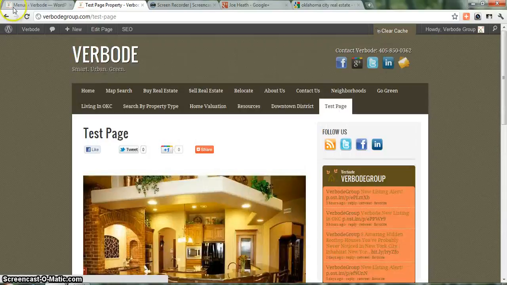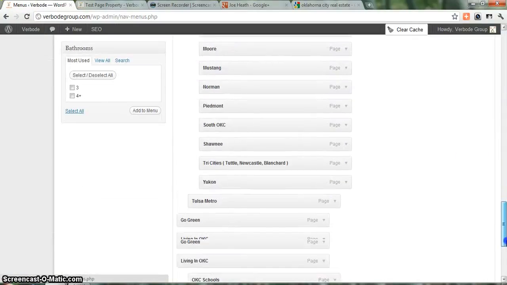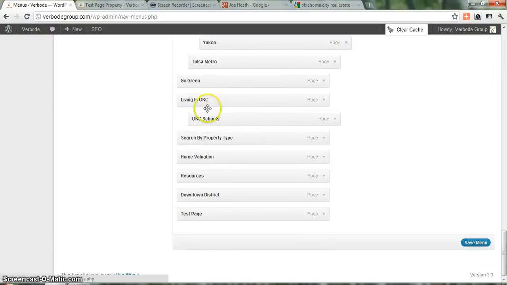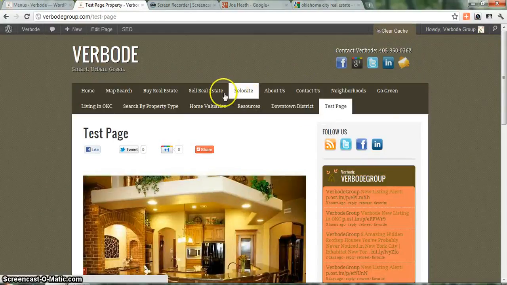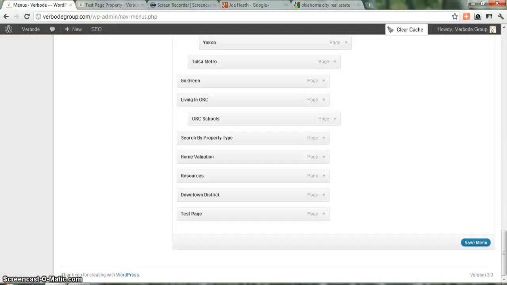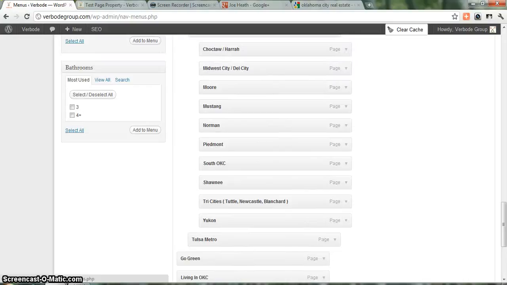So pretty simple. If you don't know how to do it, obviously it's a little bit more tricky, but once you do it a couple times, you'll understand where it appears. Now, let's just say we don't want it to be there at the end. We want to have it in between relocate and sell real estate. So all we got to do, very simple, is just drag it up in between